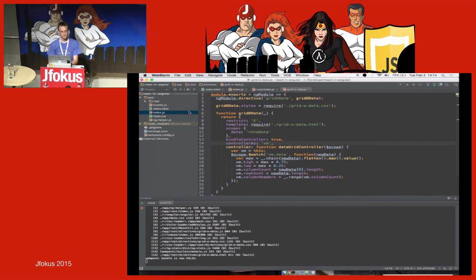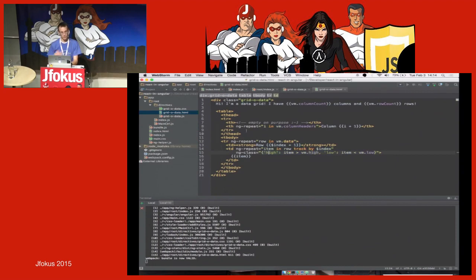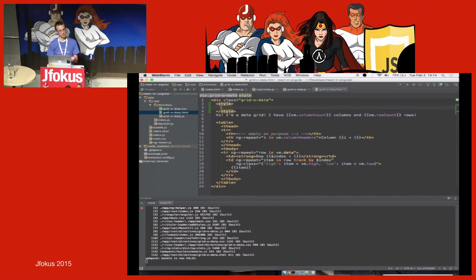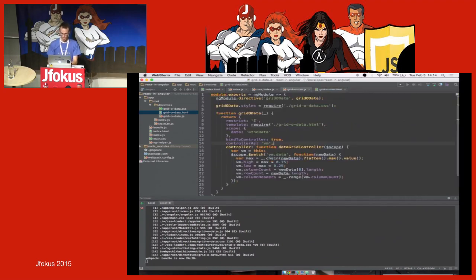Yes? The reason you're including the style in the module instead of the view? Yeah, good question. So this would be my view. This is my template. So I guess that's an interesting idea. I've never actually done this, but I could technically probably do that. Basically with Webpack, I can just require in the CSS, or I could actually make this Less or Stylus or anything, and Webpack will load in the styles for me. So I can consider my directive the view model and the view is the view,